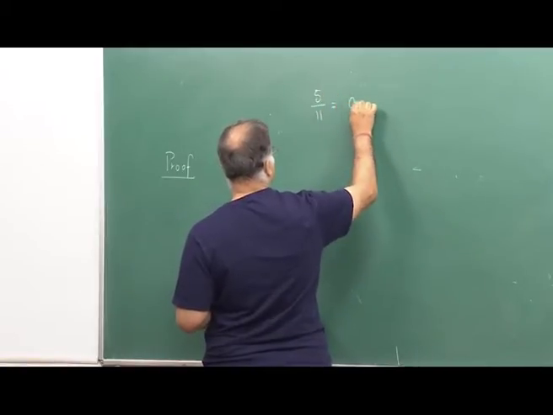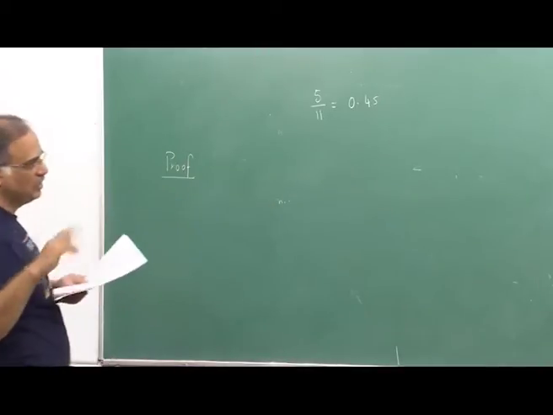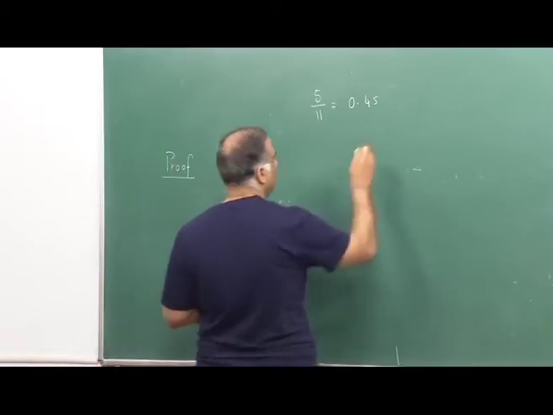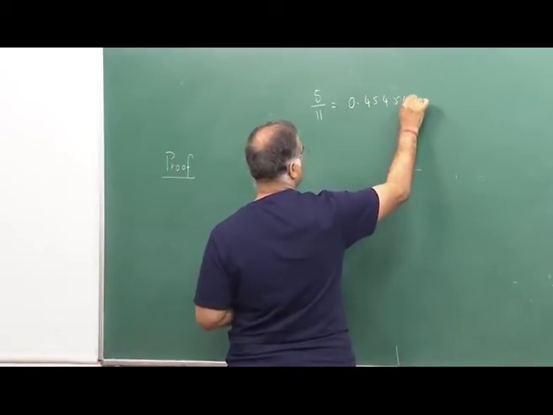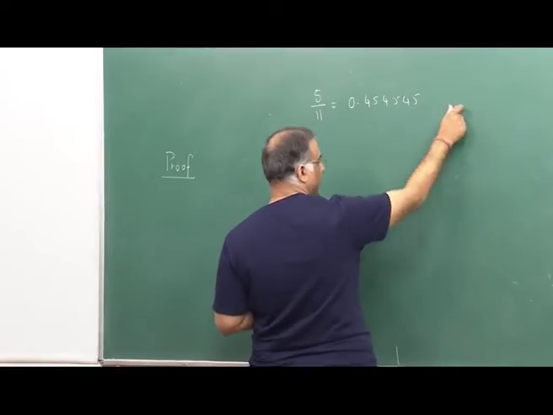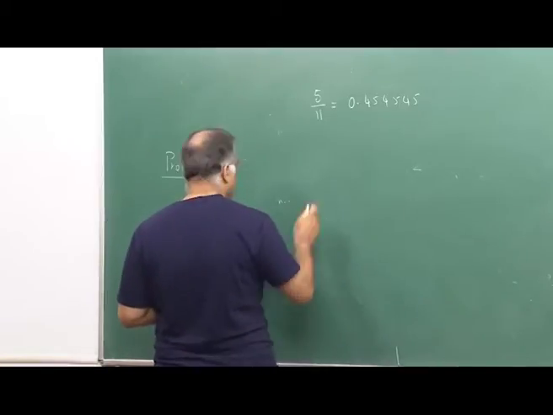So, I am giving these expressions from a very beautiful small book called Numbers, Rational and Irrational by Ivan Niven. Very well written, very beautifully explained book. So, if you look, you see 4 5 4 5 4 5 gets repeated. So, what is happening? So, for example, you take